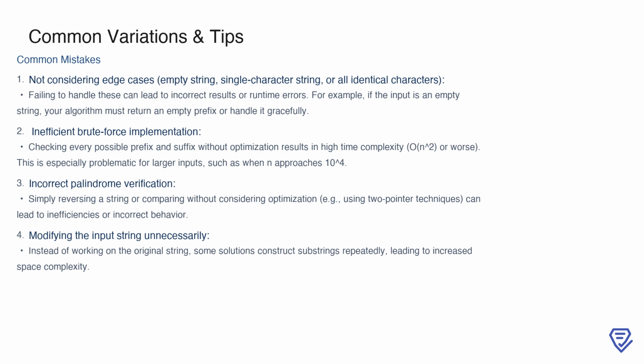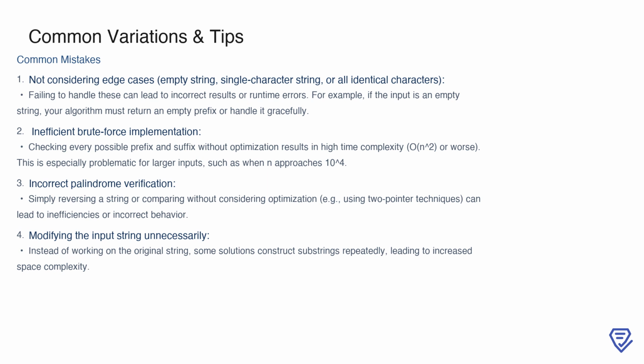Another common pitfall is implementing a brute force solution that checks every possible prefix and suffix combination without optimization. This approach can quickly become inefficient, especially when the input size grows large. Think of cases where the string length approaches 10,000. Similarly, incorrectly verifying palindromes can also cause inefficiencies. While reversing a string or using basic comparisons might seem straightforward, techniques like the two-pointer approach are both faster and